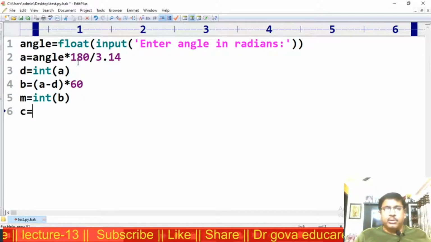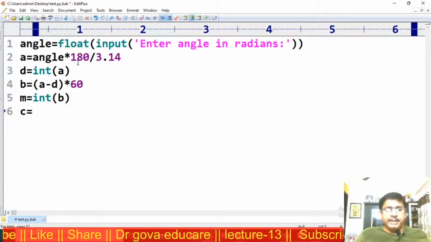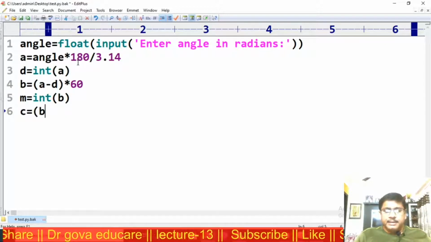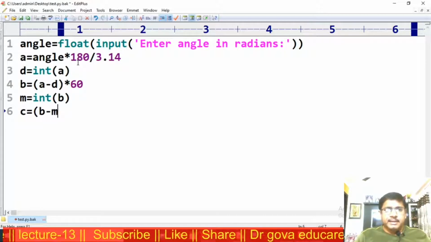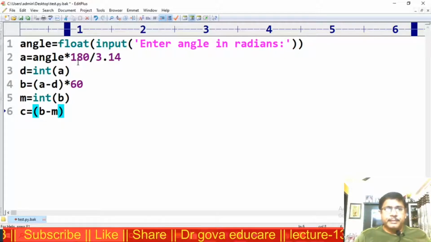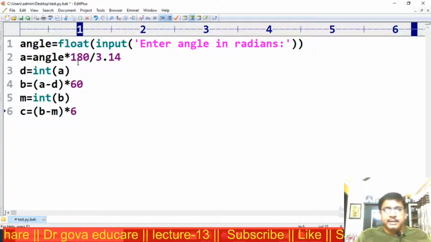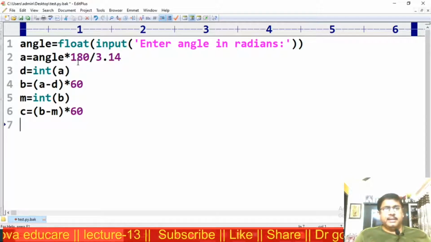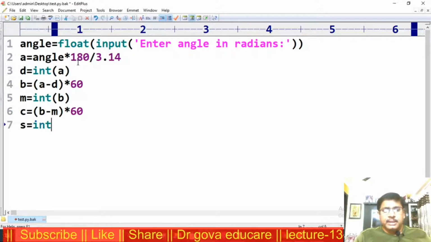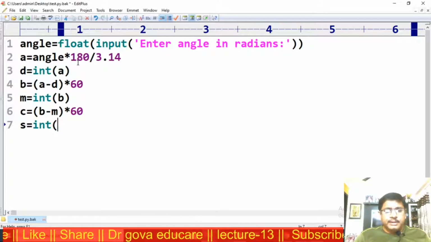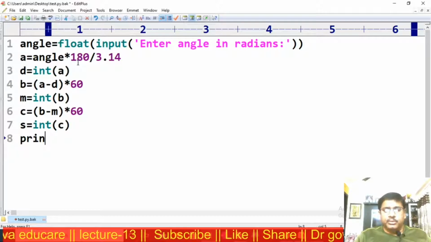Now I want seconds: b minus m star 60, we get c value. I want seconds s is equal to int of c. Int of c.